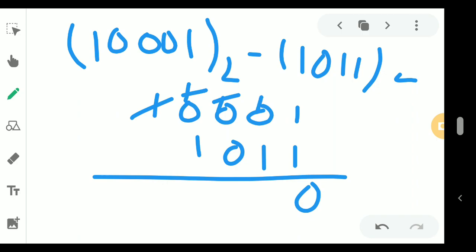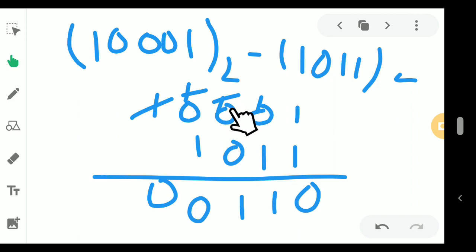Okay, so 1 minus 0, it is 1. And here also 1 is taken from previous digits. So 1 minus 0, 1. And here it is 1 from this digit. So 1 minus 1, 0. So the answer is 110. I'm repeating this one: 1 minus 1, 0. But here 0 is there, so here also 0, here also 0. So from here we are starting to take borrow, here to here, and then from here to here, then from here to here. So 1 0 minus 1, 1.